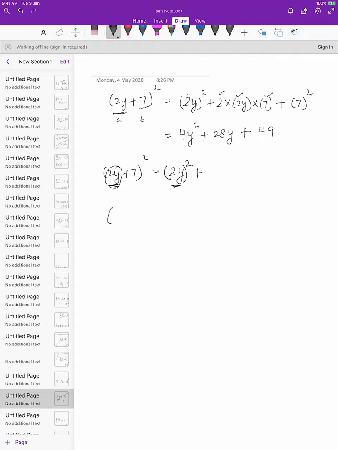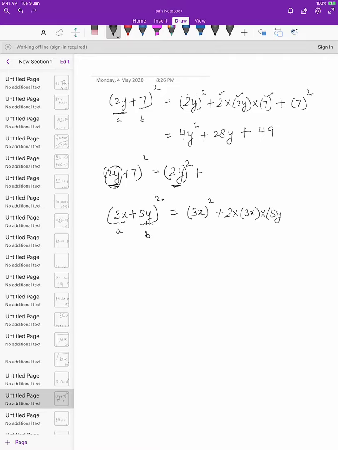Similarly, if I have an expression, say 3x plus 5y whole square, again I will consider this as my first term, this as my second term. So what is the criteria we follow? We first write down the square of the first term. First term is 3x whole square. I will not write 3x square. I will write 3x whole square plus the second term, which is 2 into the first term, which is 3x, into the